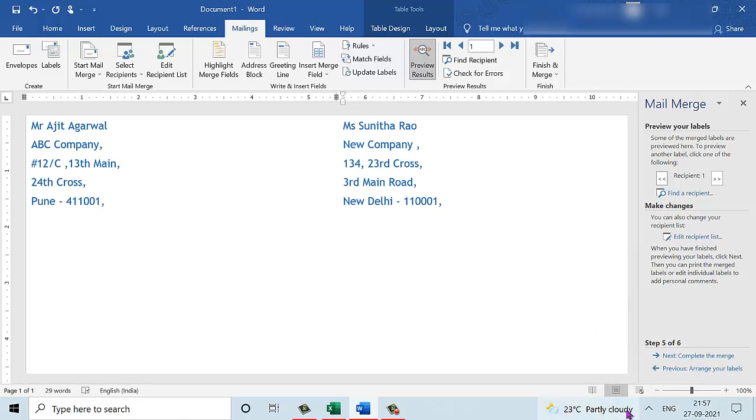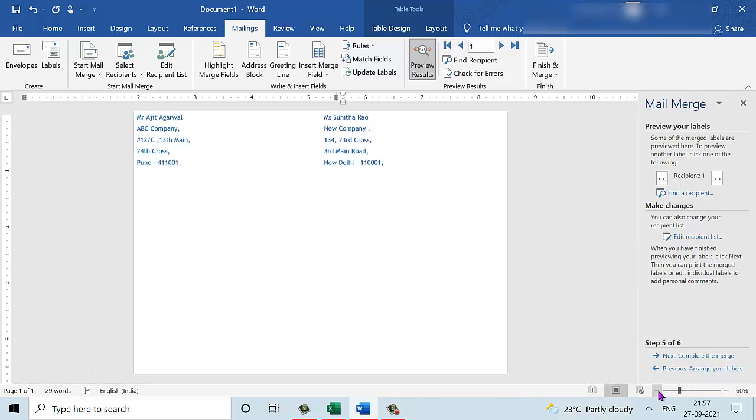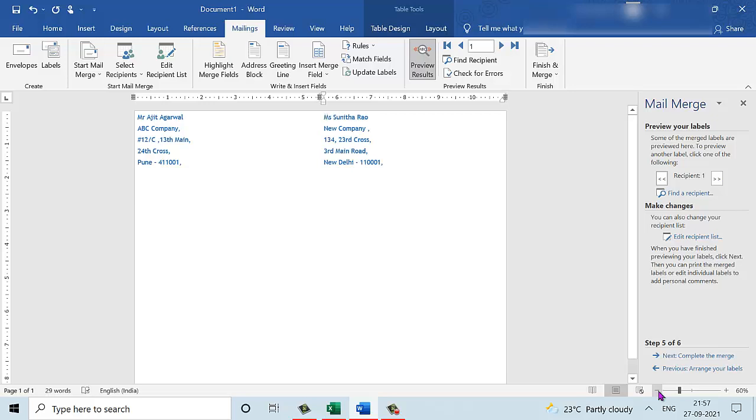Now it looks like any other page, but if we try to zoom out a bit, we can see that there are two addresses, or rather two labels created on every page. So we can scroll a couple of records here and see if it is displaying fine. Now that we are happy with the formatting and the way it is displayed, we can finally go ahead to